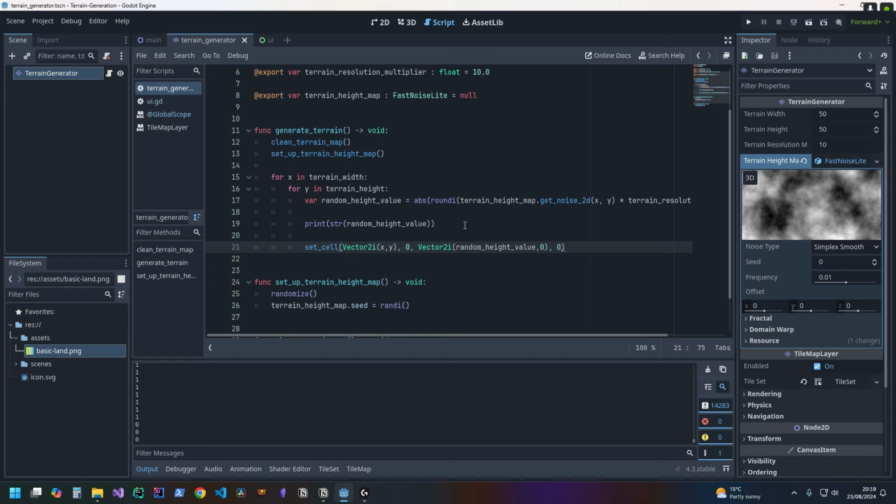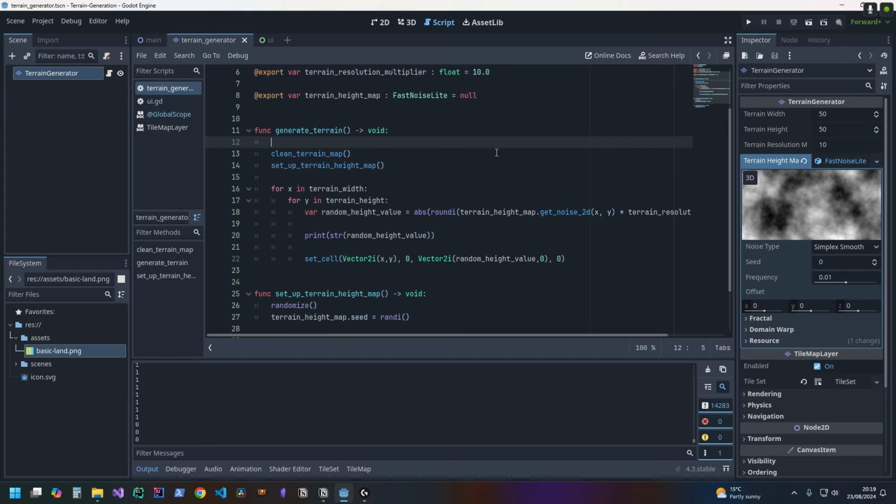Now, that works well, but we're going to want to make sure this doesn't have dead tiles. So to make sure that this doesn't have dead tiles, under the generate terrain function, I'm going to create a new variable at the very top here. We'll call it tile_map, actually no, that's going to be too much. We'll go tile_map